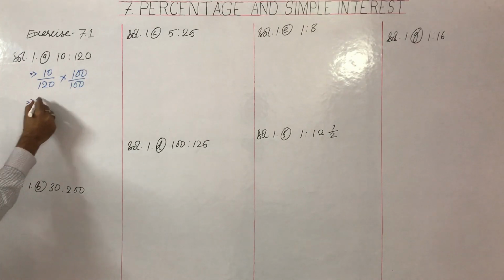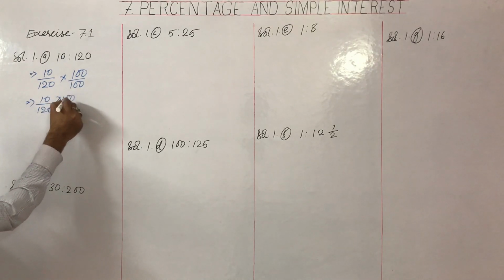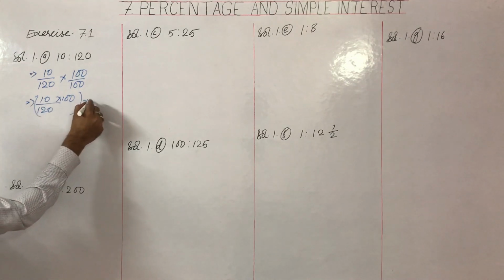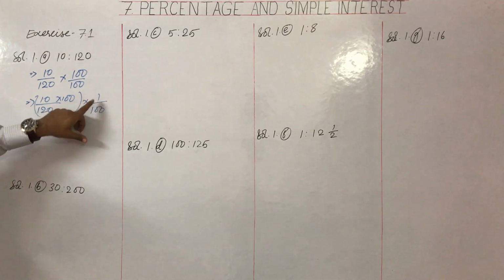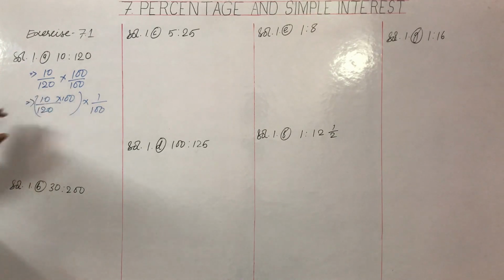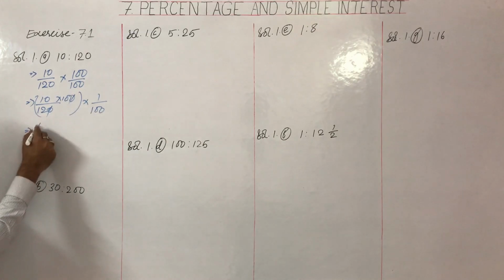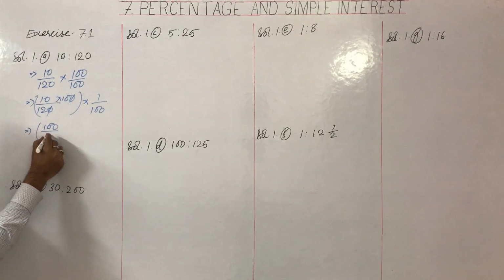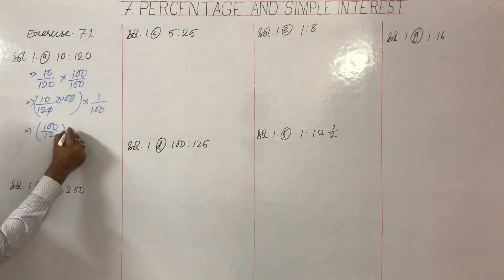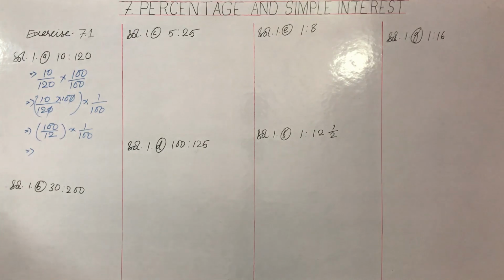Then in the next step, 10 into 120 into 100 and multiplied by 1 by 100. So we have to separate 1 by 100. Then for the remaining part, we can reduce this. So 100 by 12 into 1 by 100, and for 100 by 12, we can write